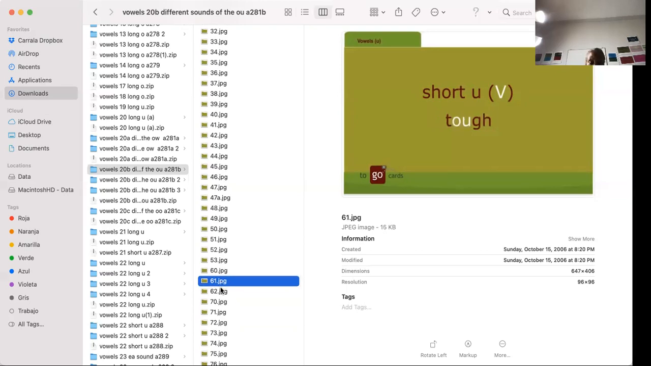Tough, once again, that GH sound. And of course, we're talking about the short OU. Rough,